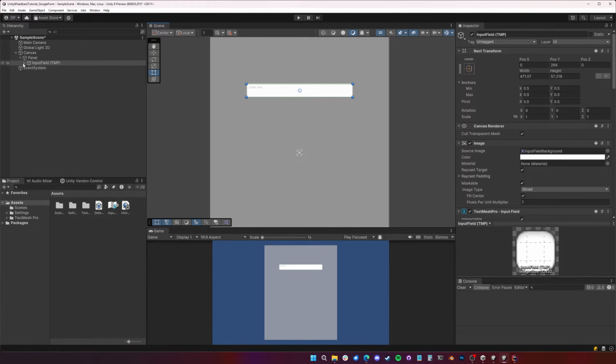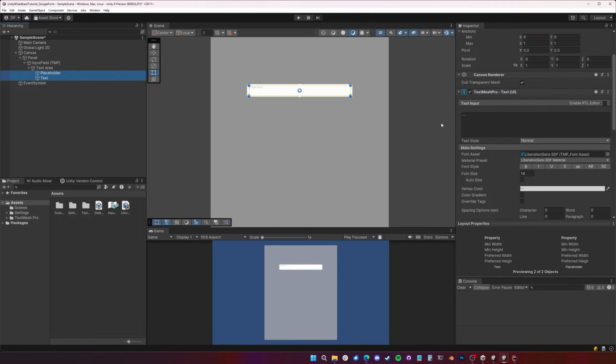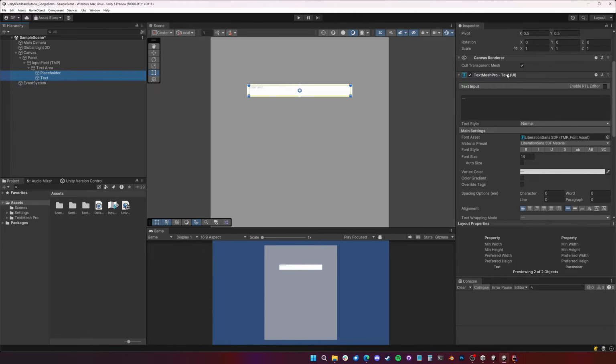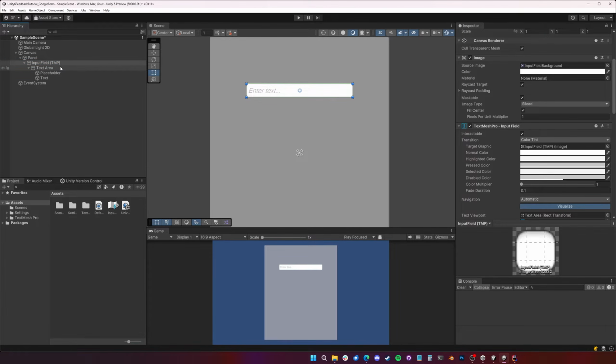We'll zoom in. In the text area for both, I'm going to click on Placeholder and then click on Text by using Control. That allows us to change both of the TextMesh Pro text settings. I'm just going to increase the font size slightly. We'll go to 28, for example. And we could center it in the box as well if we want. And we'll rename this to